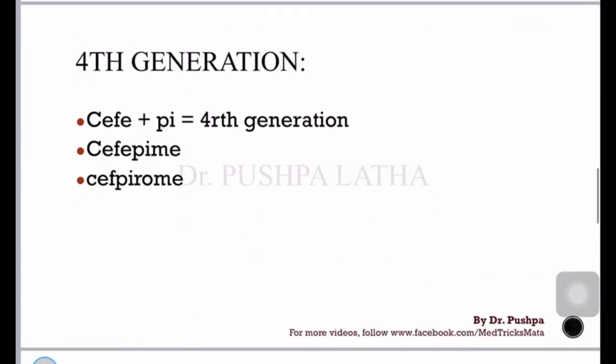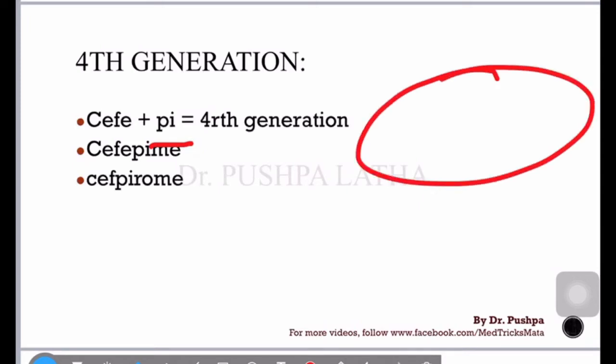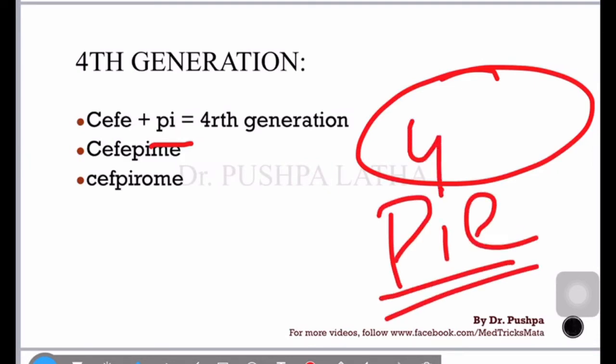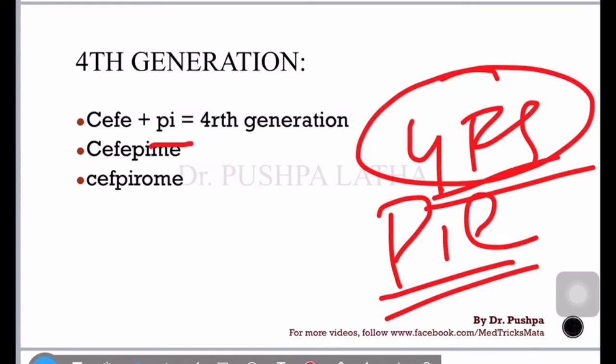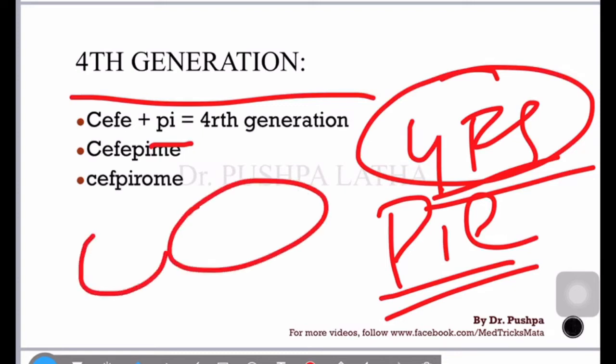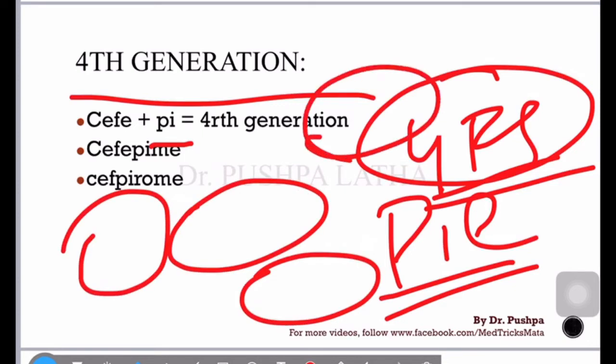Let's go to the fourth generation. How to remember the key of the fourth generation? The key of the fourth generation is PI, pie. Let's say a choco pie, something made with chocolate, that is called a pie, choco pie. This choco pie costs around 4 rupees. Why am I saying 4 rupees? Because we are talking about the fourth generation. Or let's say in another way, if you eat one choco pie, you will end up eating 4 choco pies every time. So we're going to talk about the fourth generation.